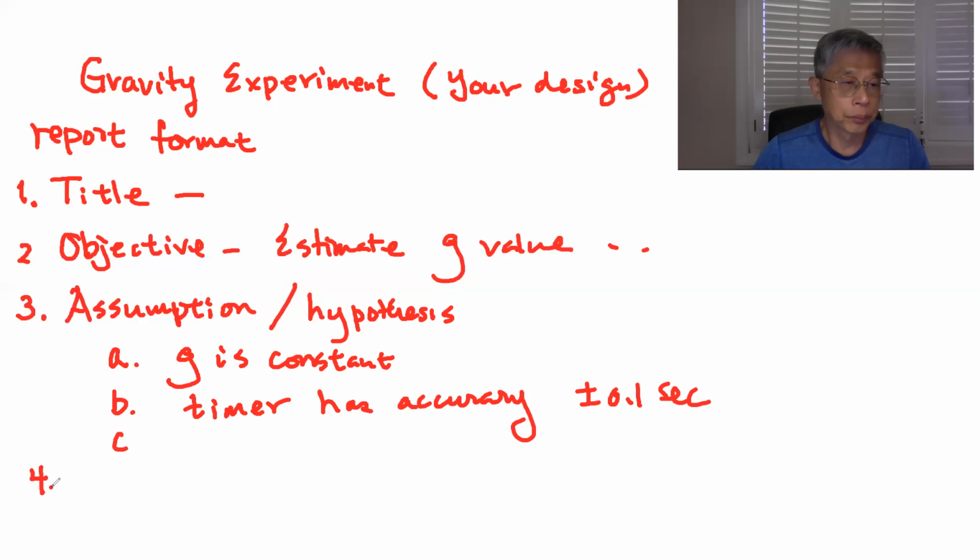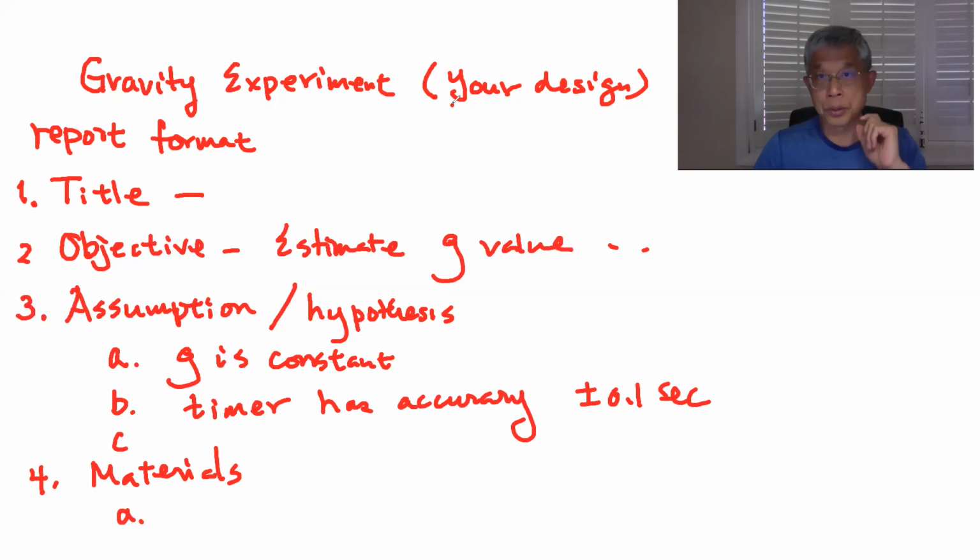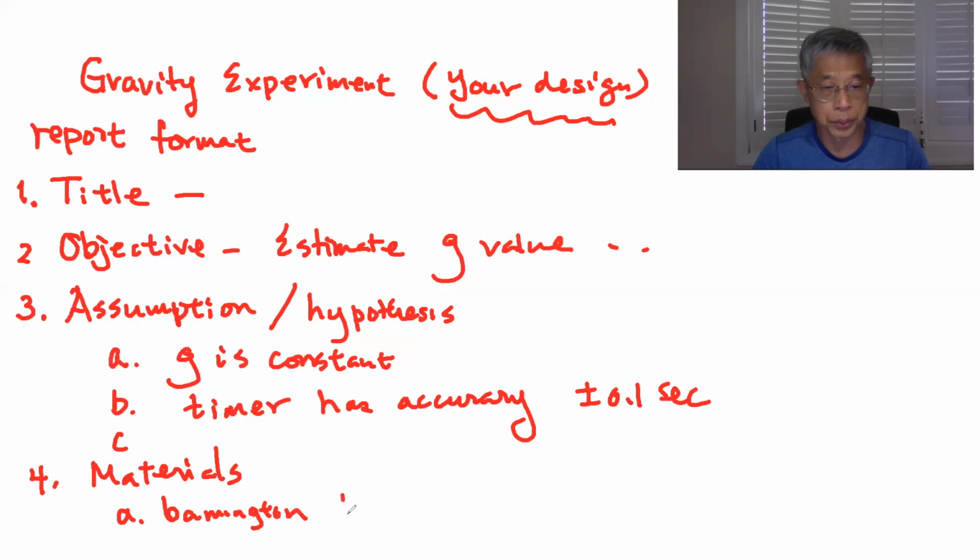Number four, material. So I would suggest, but it's your design, okay? This is your design. You decide what to do. So I suggest badminton birdie, right? Badminton birdie, 羽毛球. Okay, so 羽毛球, right? Because this one has a little bit of